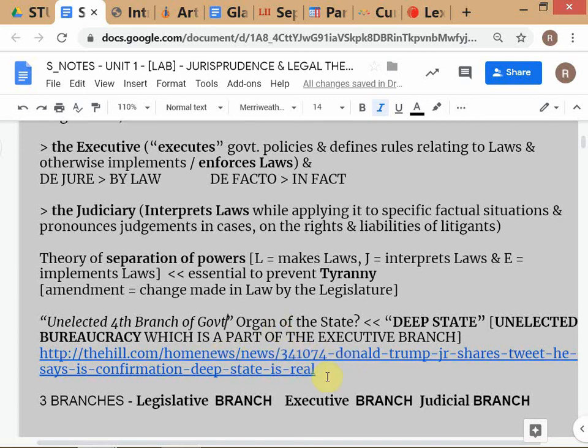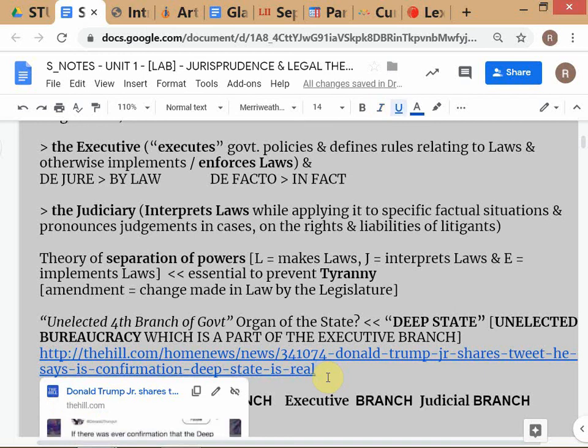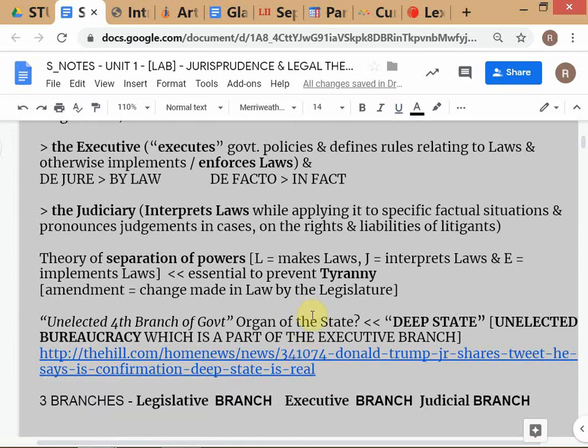So this is something that could technically happen also in India, because we do know that Mr. Modi has been very strict with the IAS officers. They used to have their golf clubs in their offices, but now he's cracking down because he demands a lot of accountability. These guys are having to work hard. So many of the bureaucrats are said to be quite unhappy with him because he's making them work too hard. So technically this can also happen in India. The situation is the same, because we do have an unelected branch.